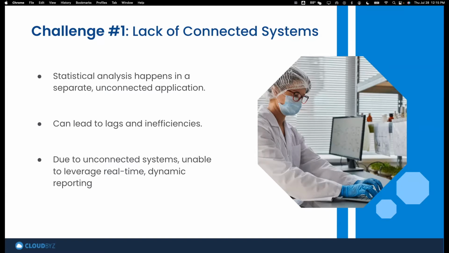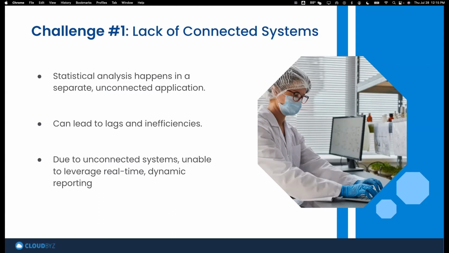around certain inefficiencies. So these are some of the issues that can happen if we have unconnected systems. And because these systems might not be connected outside of some sort of API integration or data migration schema, we're unable to leverage the real-time dynamic reporting that is really becoming the norm. And while these statistical analysis systems are pretty great,